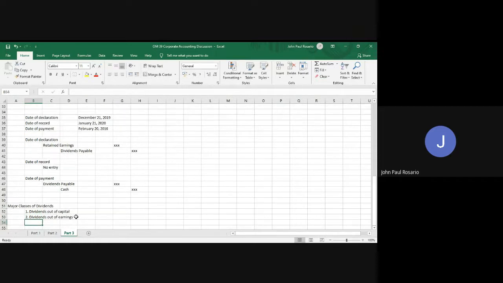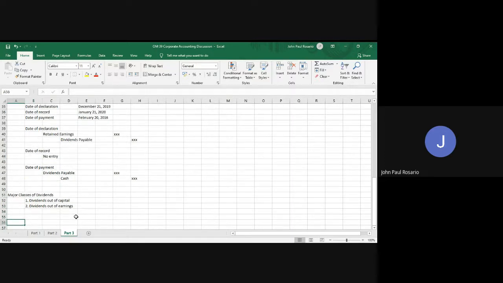Okay. Sir, di ba ingon ka, sir, nga dili pwede ihimo ang dividends ng capital? Yes, dili gina siya pwede. Pwede lang ni siya kung mining industry ka. Okay, so that's why we will not be covering this anymore. We will be covering only the dividends out of earnings, which is